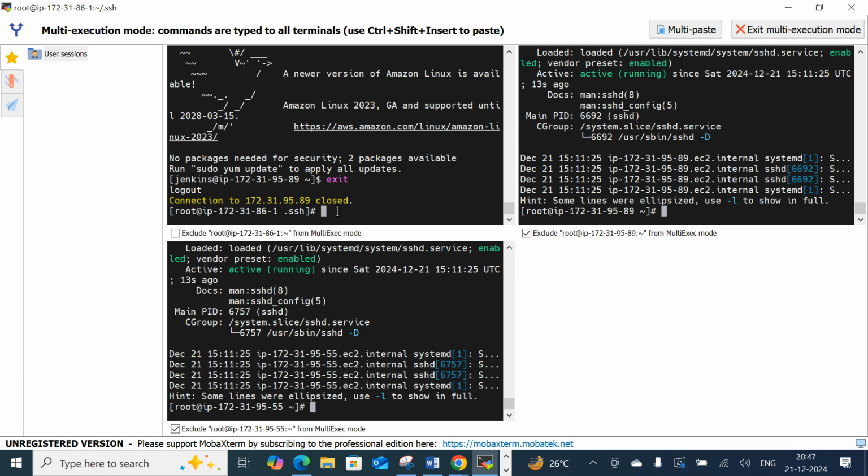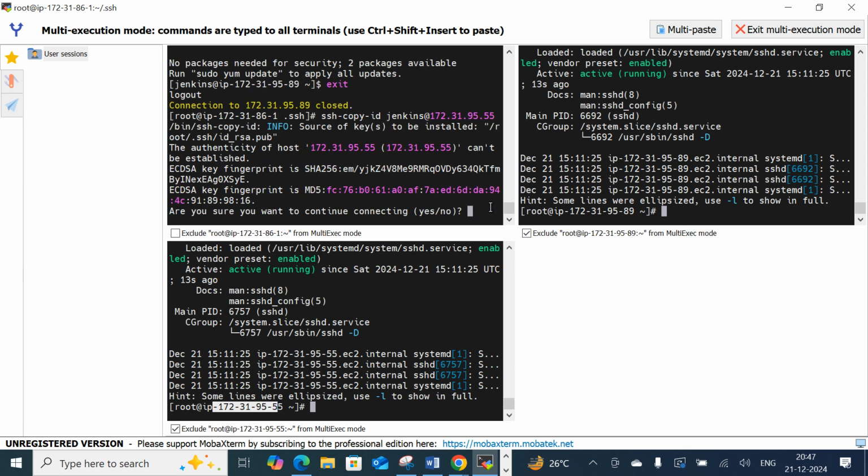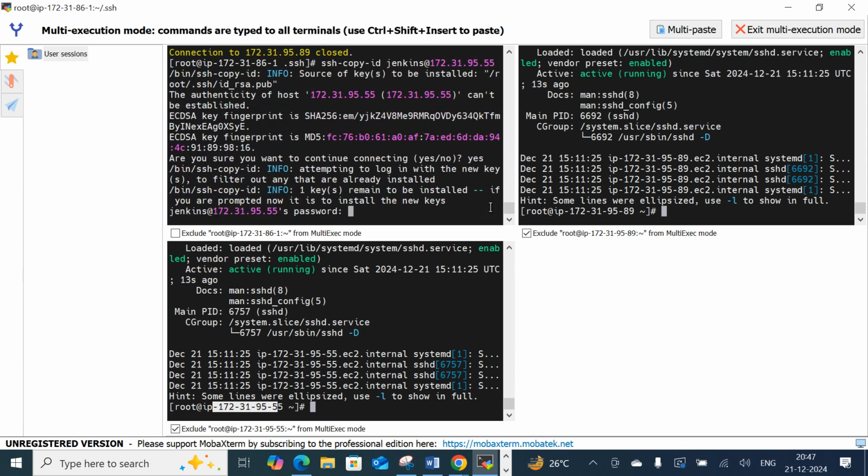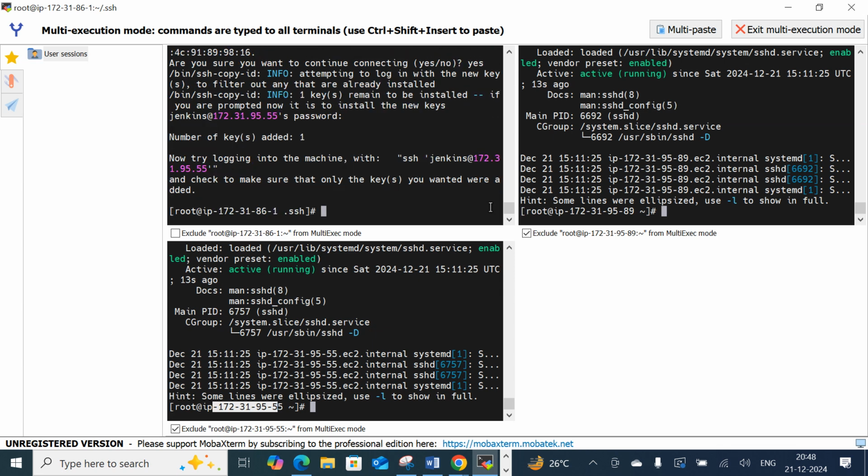In a similar way, I just want to copy the keys from the master node to the client 2 server. What is the IP? 172. This is the client 2. 172.31.95.55. Yes, I just want to make the copy. It is asking for the password. As I already set the password, just type the same password, enter. Then successfully I will be able to copy the keys from the master node to the client